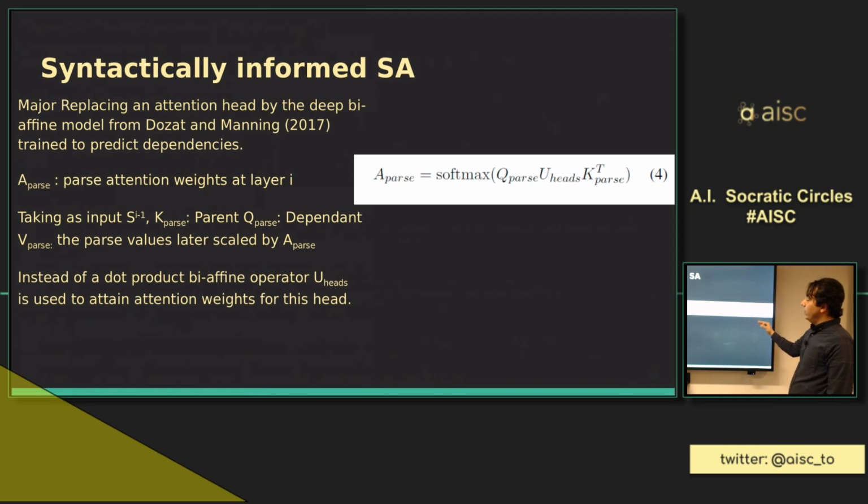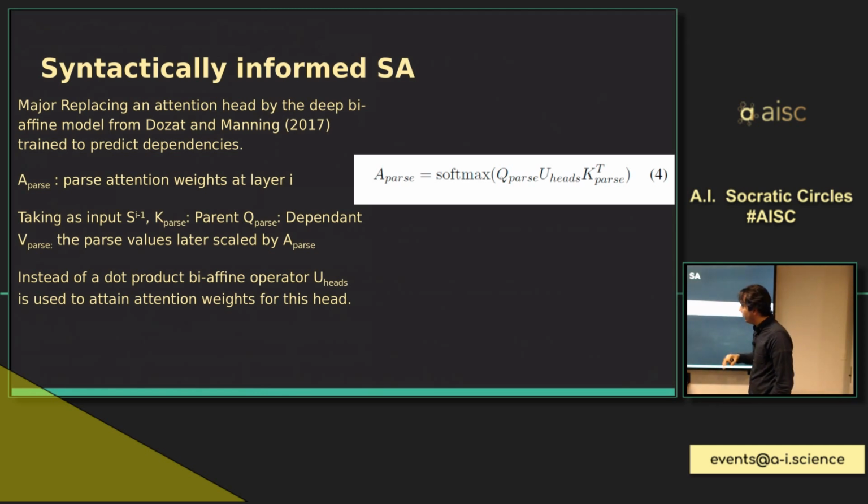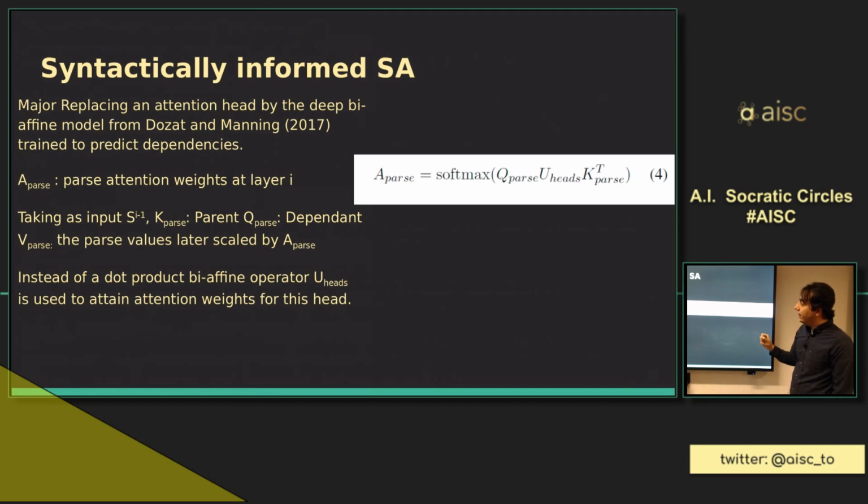Okay, let's get to that syntactically informed self-attention head. So we replace an attention head by the deep biaffine model from, I hope I pronounced the names correctly, Dozat and Manning, 2017, trained to predict dependencies. Okay, so we have an attention for parse, specifically as mentioned earlier, which is our parse attention weights at layer i, and taking as input S super i minus 1,